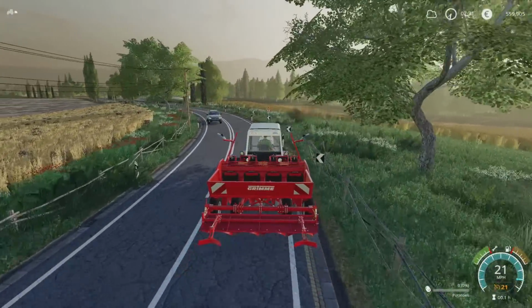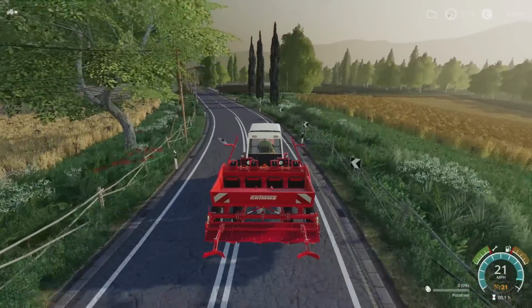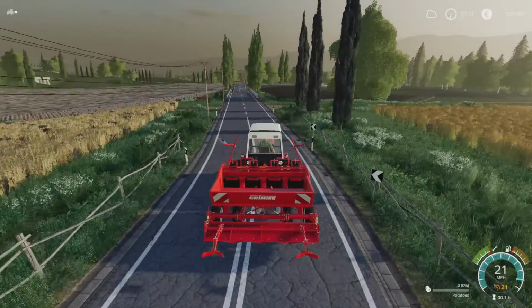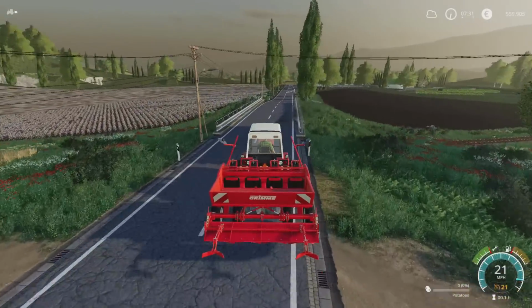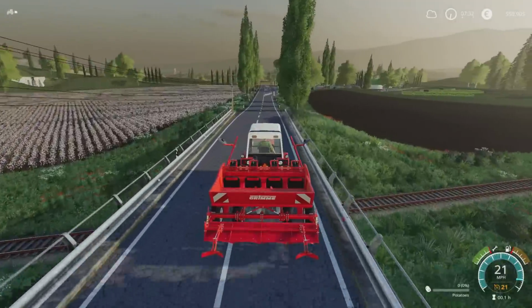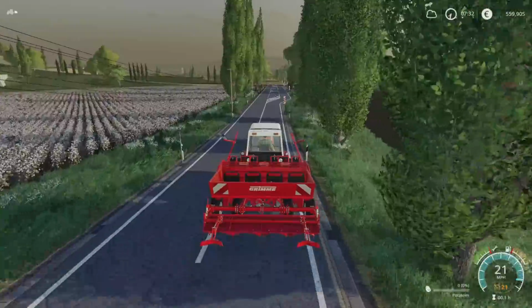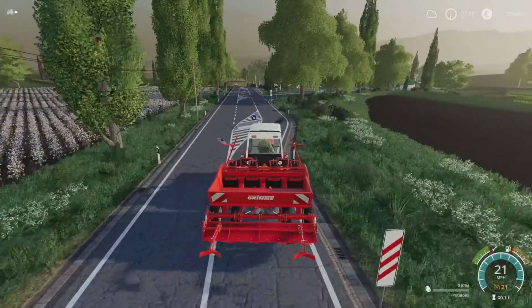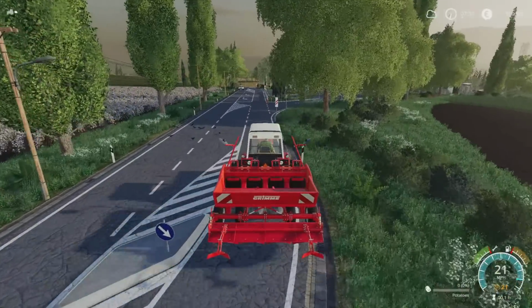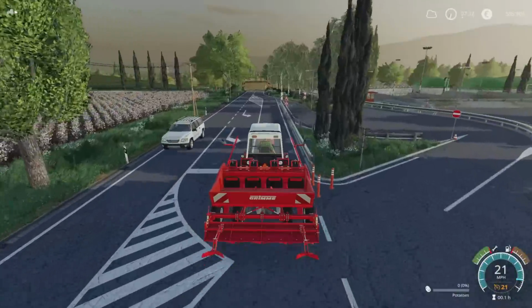As far as the potatoes go, like I say, I'm going to get the potatoes in the ground. I'm not going to specifically go into details about the contracts until we get round to harvesting, because otherwise by the time we get to that, we'll forget. But just to say, like I've mentioned briefly, I've been asked for 10 acres of potatoes. I'll do what I've got there. And then the second contract for potatoes is for 10,000 litres. So I'm going to do the 10,000 litres, take that away, and then the rest will be...